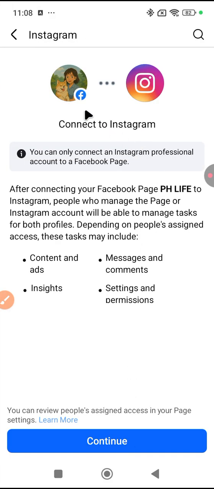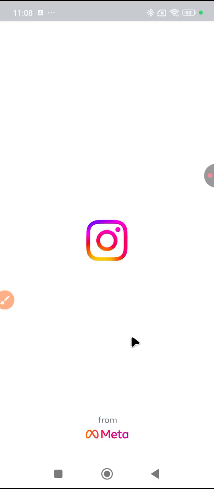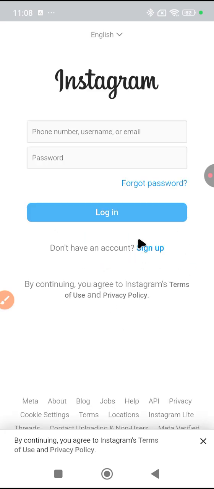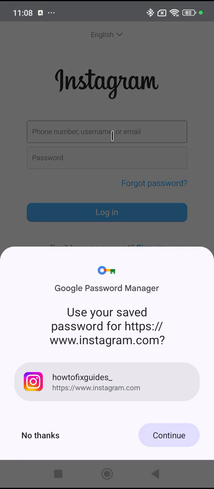So now as we can see in here, we can now connect to our Instagram. So let's click continue. After clicking continue, you will be directed to the Instagram application. So let's just wait for a moment. In here, for you to be able to link to your preferred Instagram account, you just have to go on and put your